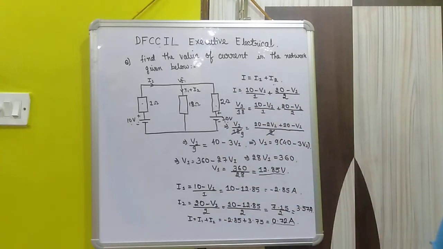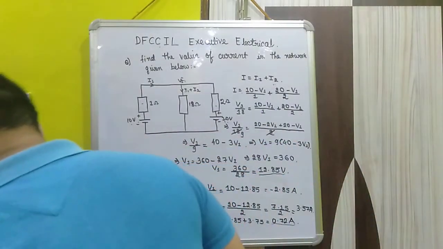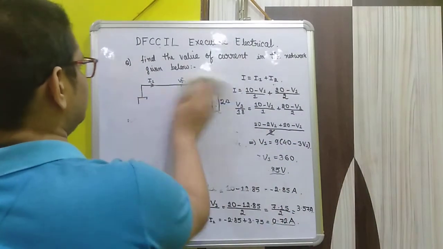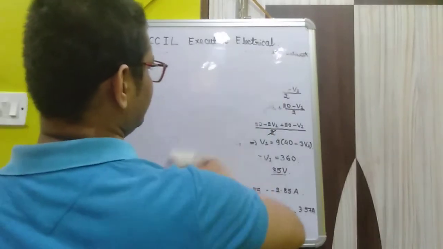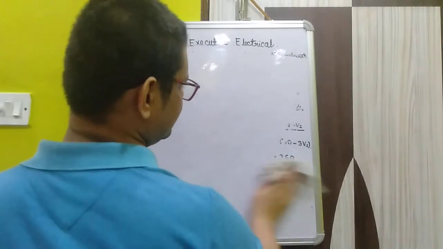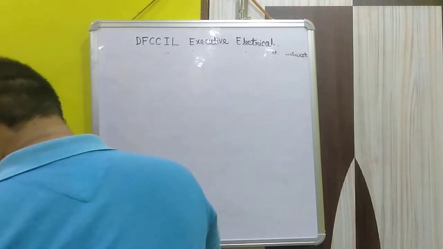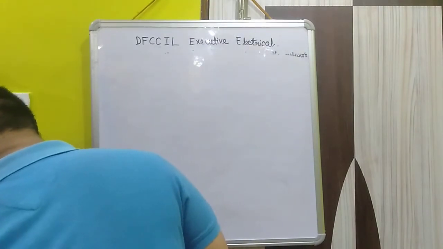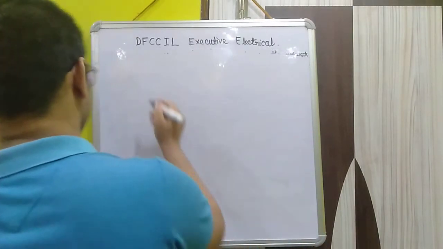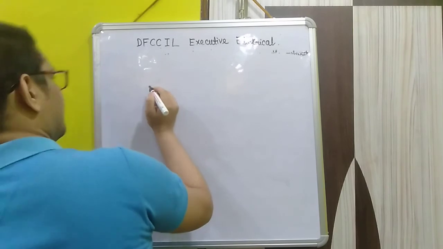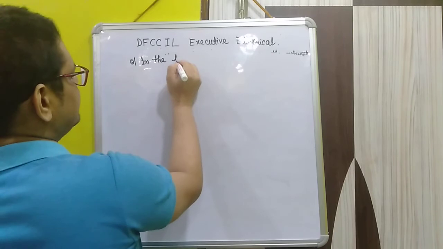Now I'm going to do the last numerical for this class. I hope you are understanding how to solve these circuit theory problems which came in the examinations of the Dedicated Freight Corridor in the year 2018. Now I'm going to take another example which came in the examination, where we have to calculate in the following circuit